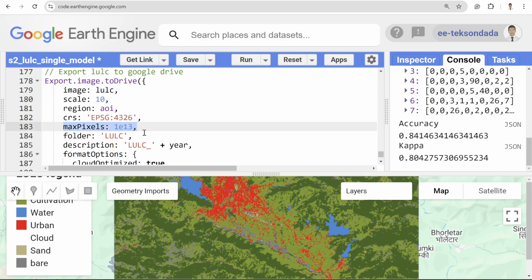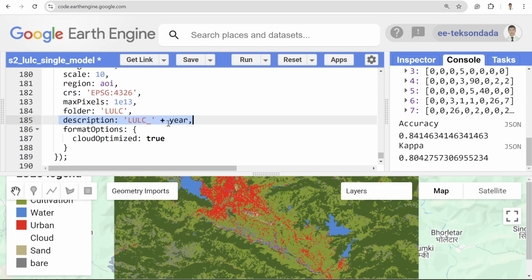Max pixels is set because otherwise you might encounter a memory issue. And then this is the folder name in your Google Drive, and then the description will be LULC plus year, or maybe LULC 2023